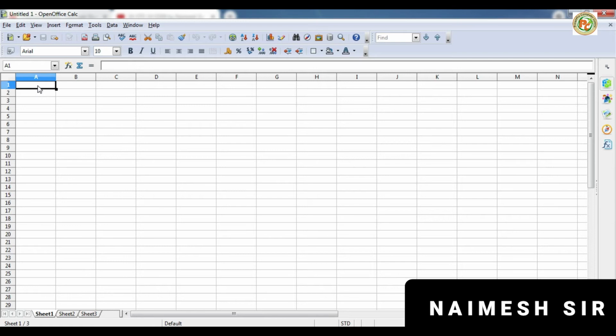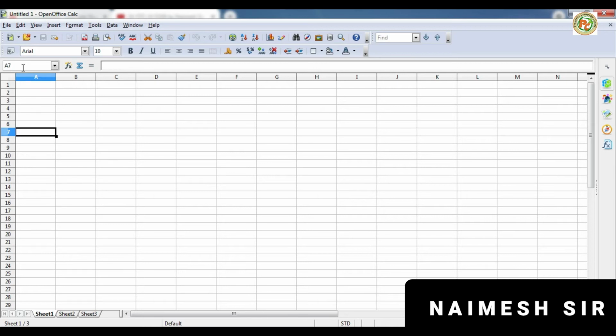For example, right now we have selected this cell, so its address is A1, and it is displayed here as A1. Now if I click here, it will display F1. And if you click here, it will display D14. This is called the name box. Whatever the name of a particular cell is, it will be displayed here, so it is called the name or address field.